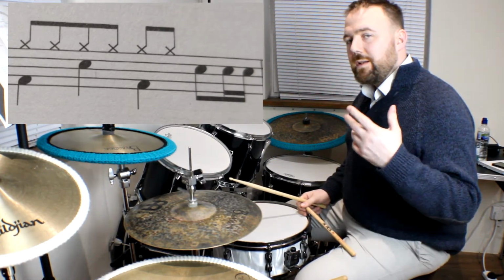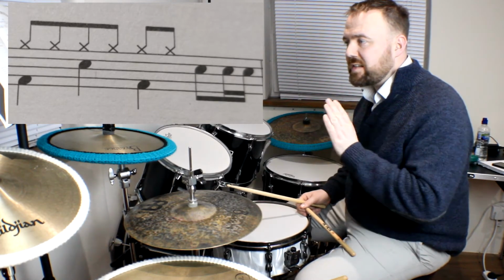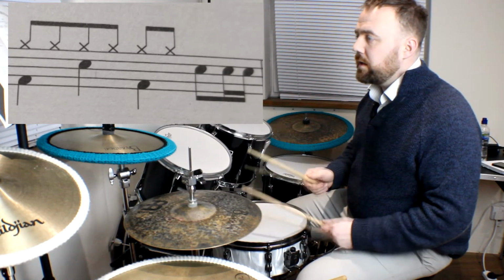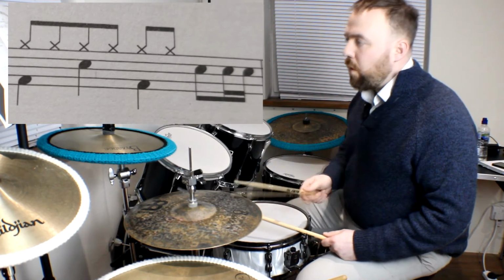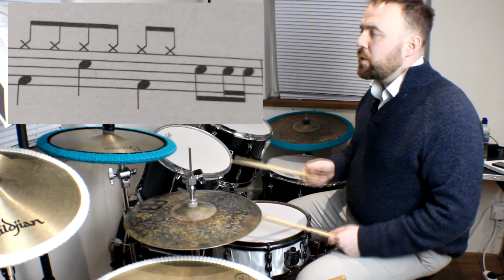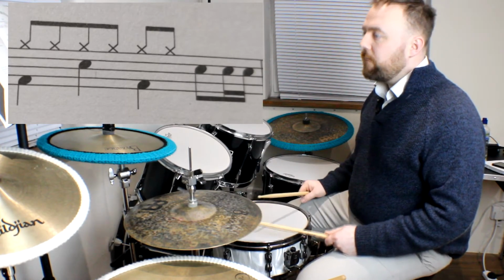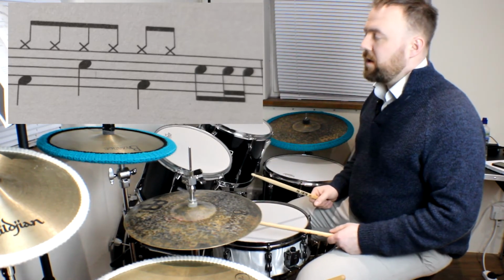Okay, so let me show you how the on-off method works when you're making mistakes. I'm going to get this bar wrong a few times, but I'm still going to give myself the 4 beats of space. 1 and 2 and 3 and 4, 1 and 2 and 3 and 4, 1 and 2 and 3 and 4. Okay, so